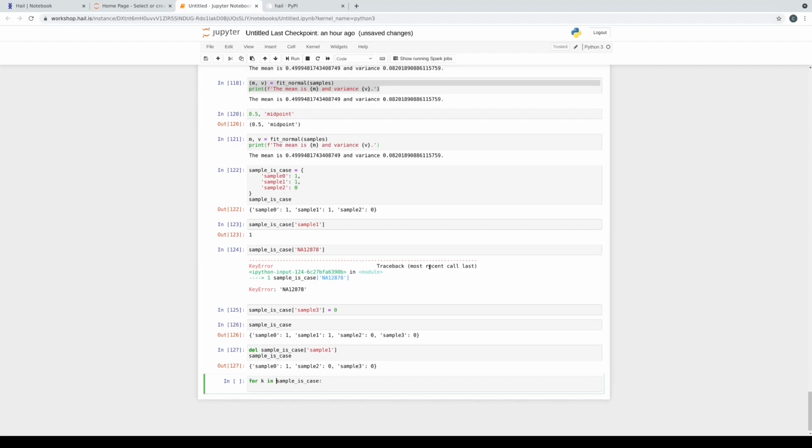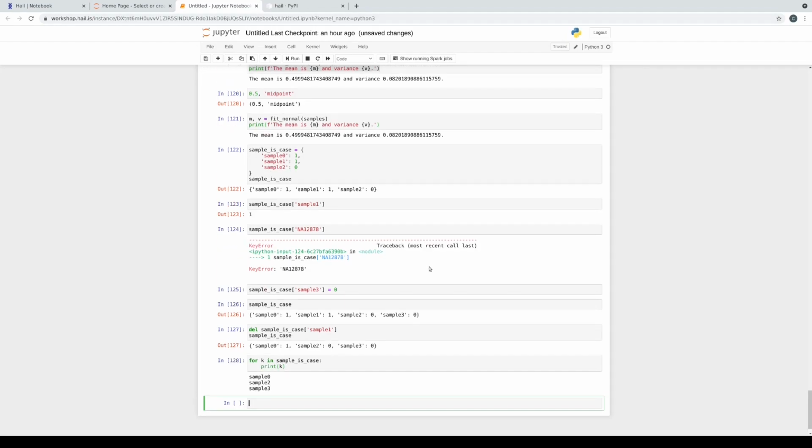For key in sample_is_case. So we're writing the same thing that we would write as if it were a list, but we're actually putting a dictionary in the thing that we're iterating through, and it's just going to iterate through the keys. So we're going to print out k, and we see we get sample 0, 2, and 3 because we deleted sample 1.